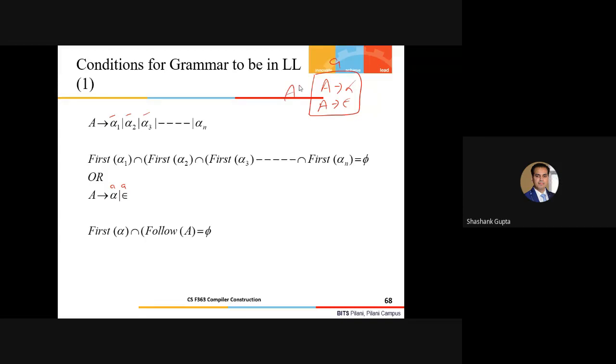Fine, guys. So this is one another way, if one wants to avoid the construction of the LL1 parse table. This is generally the easiest and quickest way to find out manually whether my grammar is LL1 or not. And the other way, which I have already mentioned, is that if your parse table contains multiply defined entries in the same cell, like the example I gave you, then obviously I cannot say my grammar is LL1.